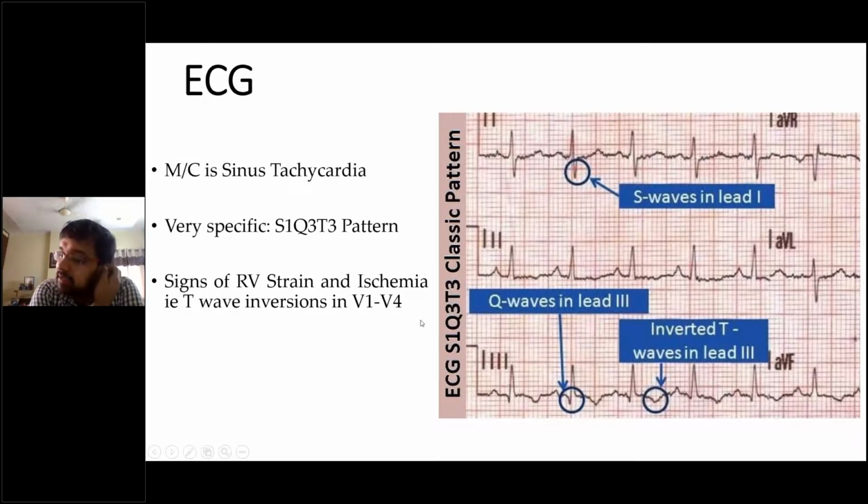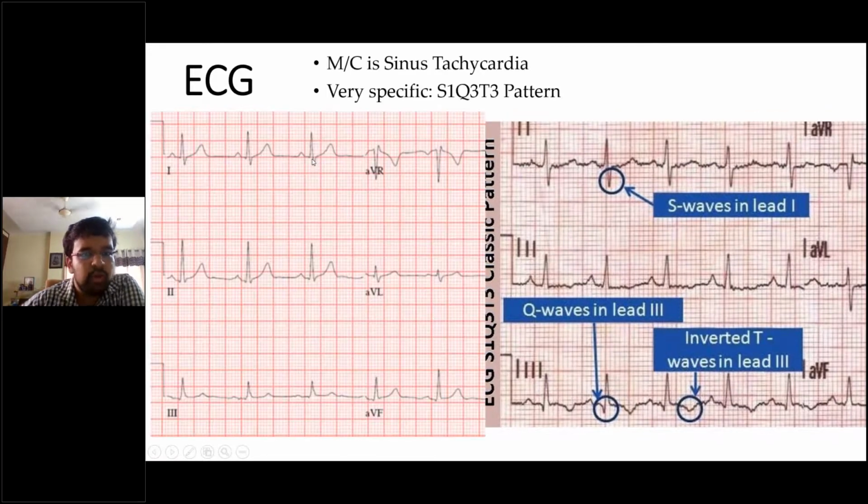I hope you know the basics. Basically, जल्दी से मैं बता देता हूँ. The first positive wave is the R wave, right? The first negative wave is the Q wave. The negative wave after the first positive wave is the S wave. ठीक है? The first positive wave is the R wave, the first negative wave is the Q wave, while a negative wave after the R wave is the S wave. ठीक है? So basically this is a normal ECG.